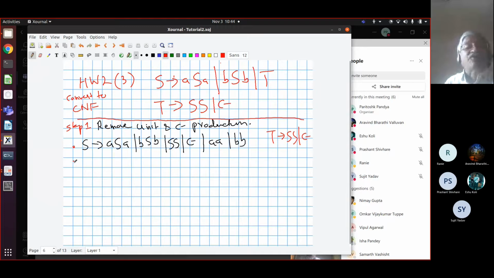And then as a part of step 1B, what do we do? All the unit productions. So I also had it. S goes to T. This was there because that remains. If S goes to T, S goes to S because S goes to SS can be reduced to epsilon, right? Yeah. So I can have S goes to S also if you like. Agreed? Now all the unit productions in this, S goes to T and S goes to S, I remove.